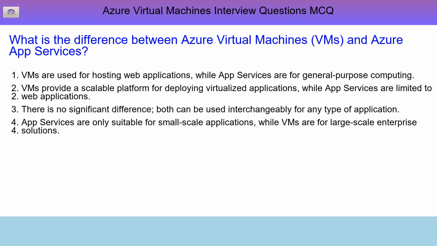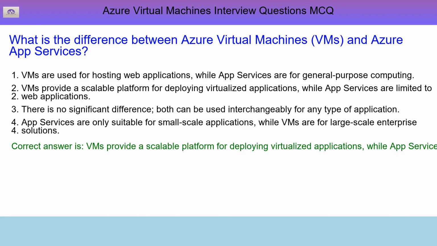Both can be used interchangeably for any type of application. 4. App services are only suitable for small-scale applications, while VMs are for large-scale enterprise solutions. The correct answer is VMs provide a scalable platform for deploying virtualized applications, while app services are limited to web